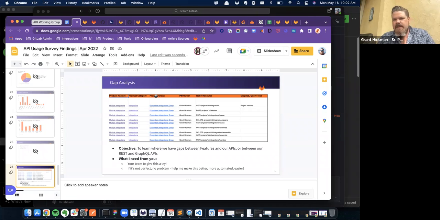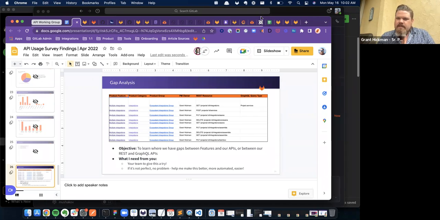What I'm hoping to do is get with the teams here especially and identify what features our teams support and try to map those to APIs in REST and GraphQL. By the end of this, I'm hoping that we get a little bit of a picture of what features are not backed by APIs yet, or where we have gaps in terms of parity between the two APIs. I don't think by any means this is perfect, but I'm hoping everyone here can participate and we can iterate on it and maybe improve the process.